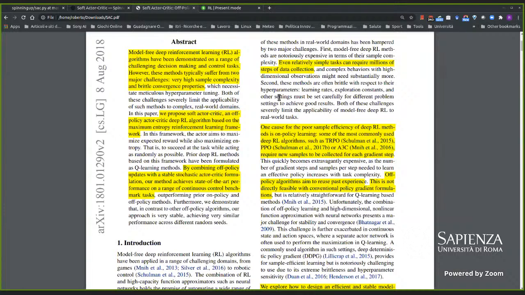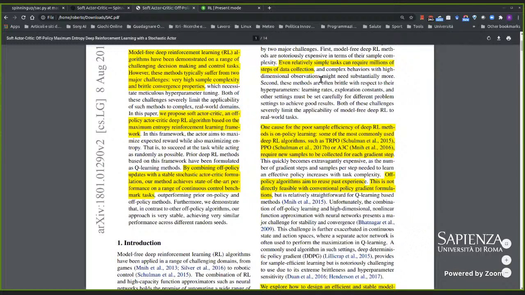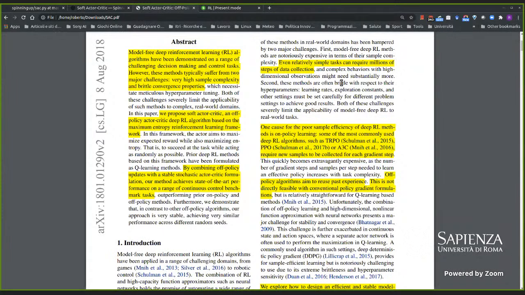For the sample complexity side, they mentioned the fact that even relatively simple tasks can require millions of steps of data collection, especially when you're using neural networks with reinforcement learning algorithms. This becomes even more visible in the case where you have high-dimensional states and observations, and the